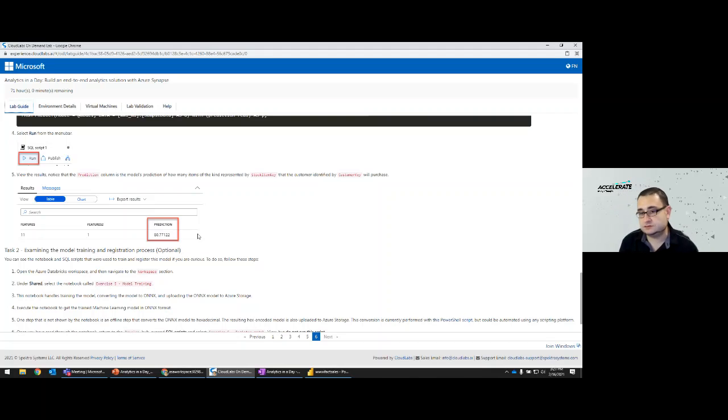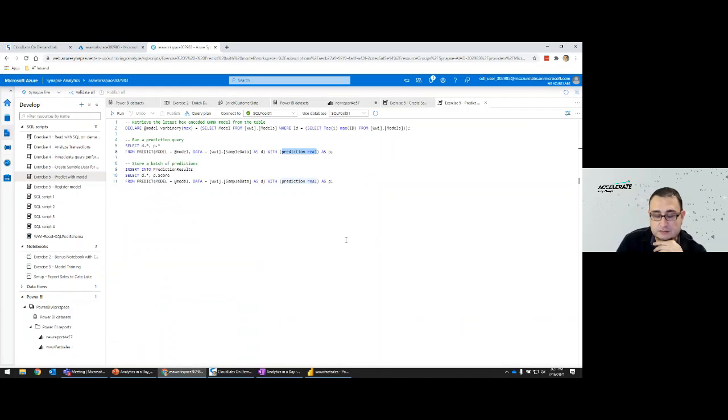So it just shows you how easy it is to make use of a model and pass the data seamlessly all within your environment. To the user, it looks like just a SQL query with a special function called predict that you execute in your Azure Synapse development environment.